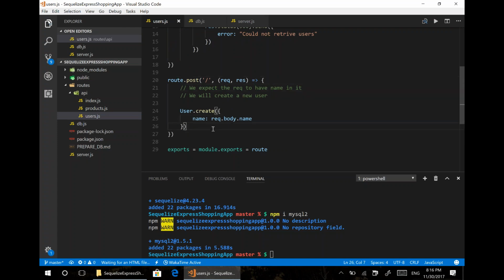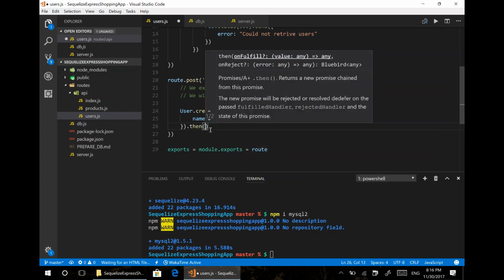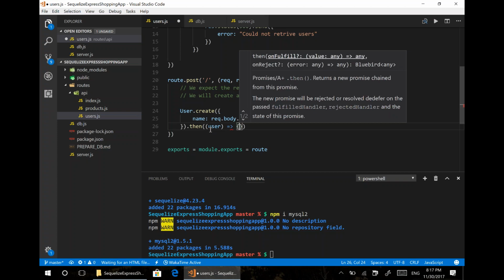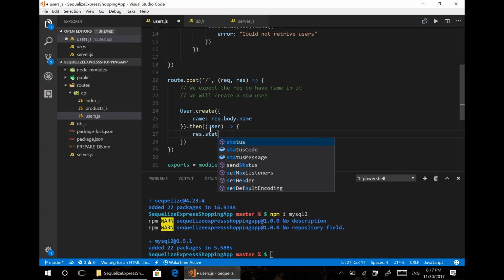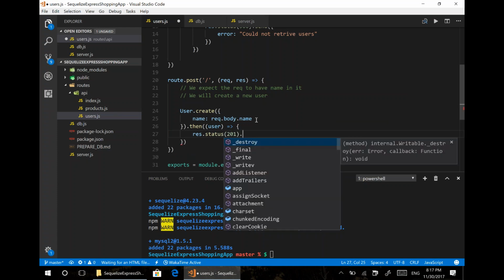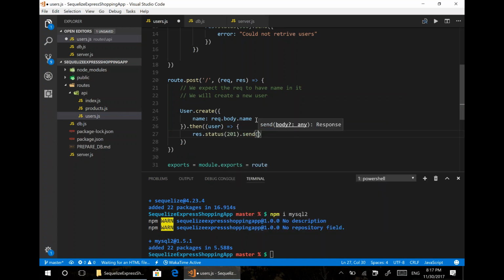And then after that has been done, you can just write it here also then it creates a new user. So we can do res dot status. So generally 201 is the status for things getting created. Dot send. So we'll send the newly created user back in the response,